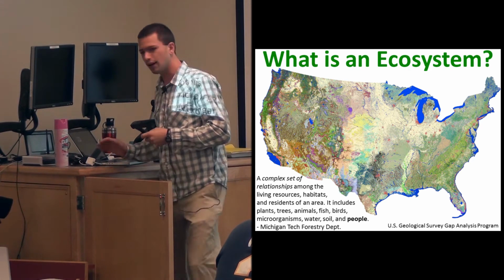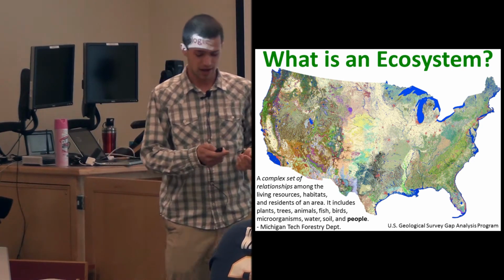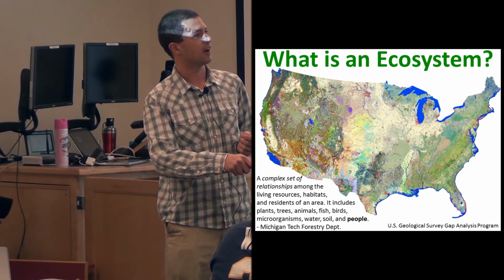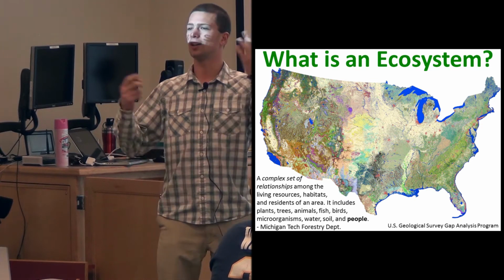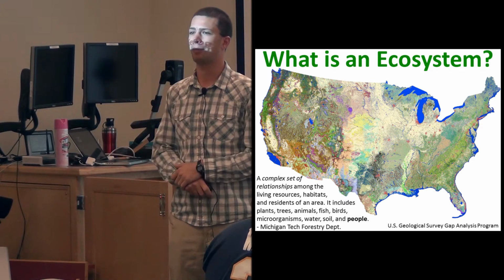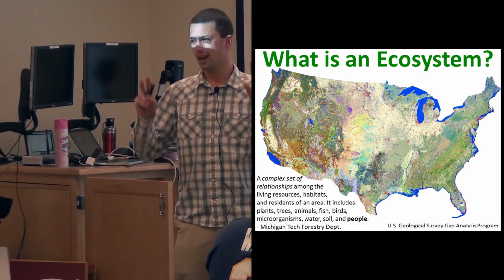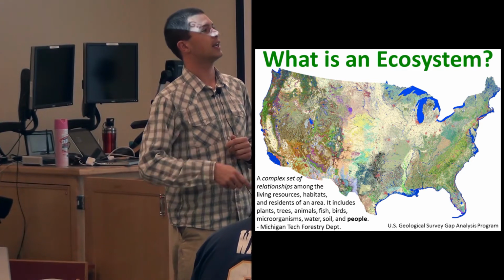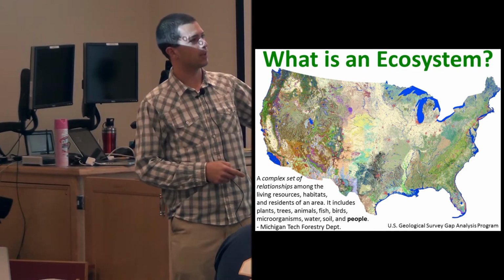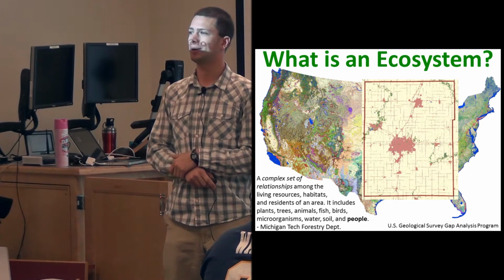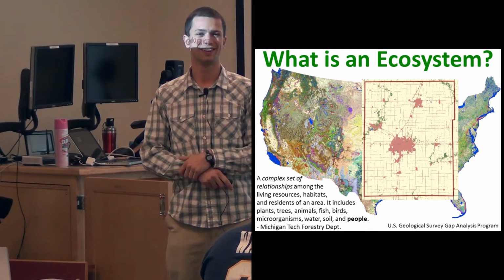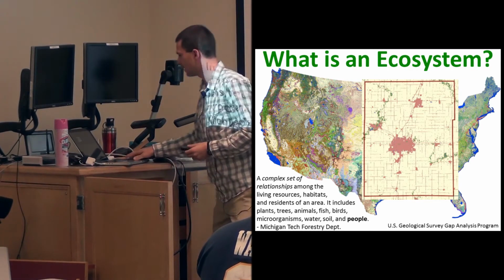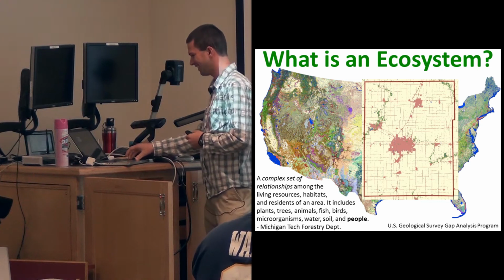I want to see if you can pick out a few things from this map. Does anyone know what these dotted red areas represent? Cities, urban, right? So that's, in a way, an ecosystem. And how about this whitish, yellowish area? If you can't figure it out, here is a zoom in of Champaign County. Maybe that will help. Yes, cropland, the annual agriculture ecosystem. Kind of a desolate picture, isn't it?